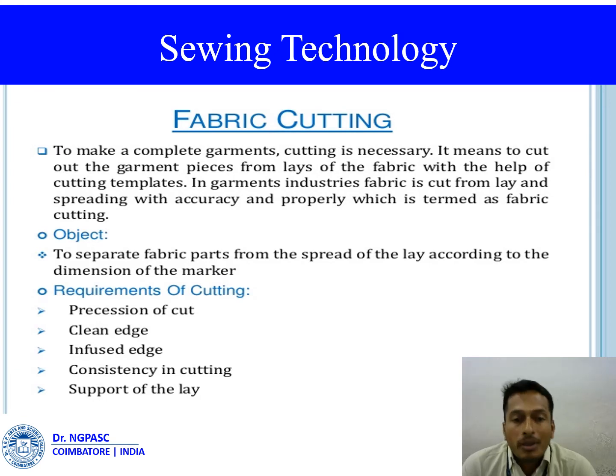After that, the requirements of cutting. What do we mean by requirements of cutting? First one is precision of cutting. Without precision, the garment cannot be assembled satisfactorily and may not fit the body correctly. If there are any changes, the pattern shape will change. For example, if the length is 15 inches, we have to mark 15 inches only. Suppose we have to add a seam allowance of 1 inch. If it is already included in the pattern, there is no need to add the measurements again. So we have to mark the correct pattern with the help of the correct template.